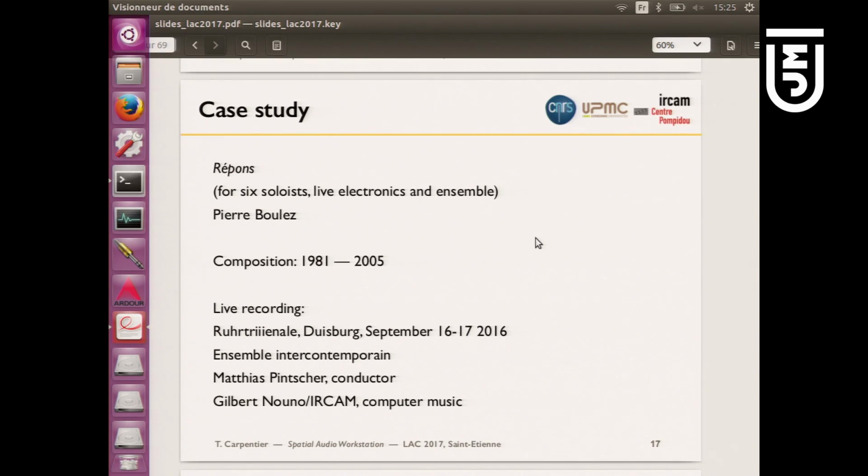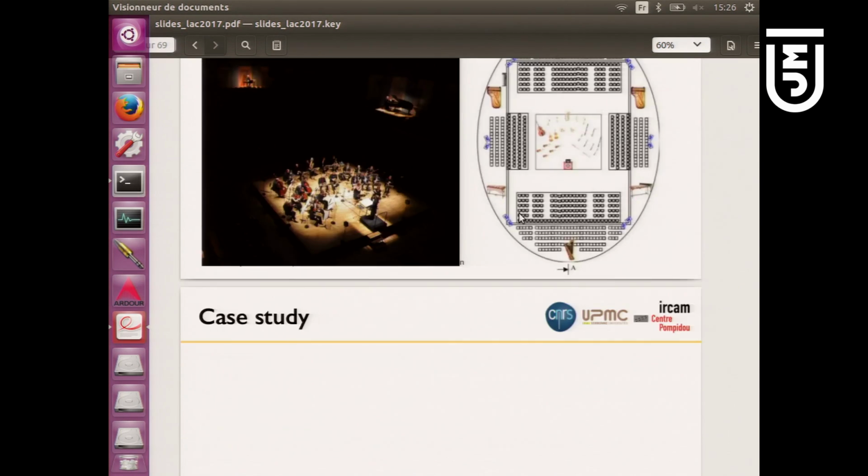To exemplify a little bit this, I will just take the example of one masterpiece of sound spatialization that was mentioned this morning by Thierry, which is a piece Répons by Pierre Boulez. This is quite a paradigmatic example for sound spatialization because this piece,